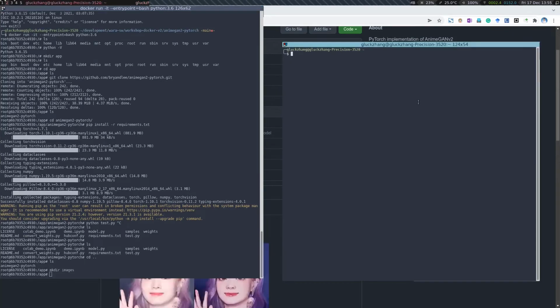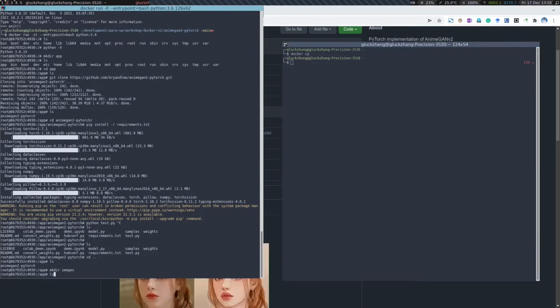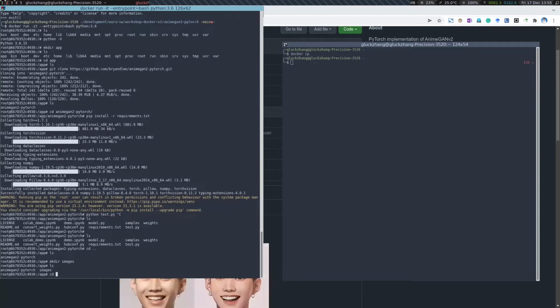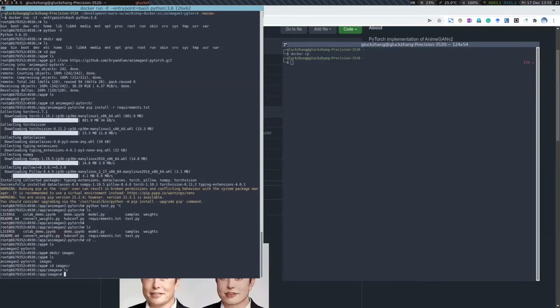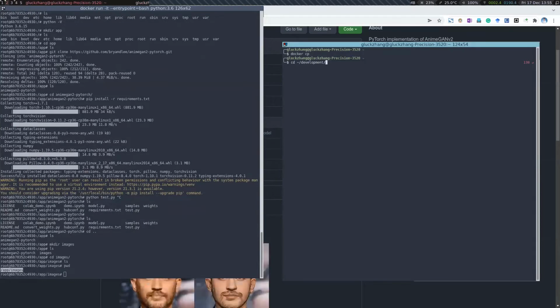One of the simple ways is to run this command, docker cp. It's similar to the Linux copy command. You just give the path of the source file and also the target. But the difference is the target or the source can be the container. Okay, so let's try that. I have already made a folder here, images, and there is nothing here, right? So the path in this container is application images. And let's go to find out Bounce's picture,